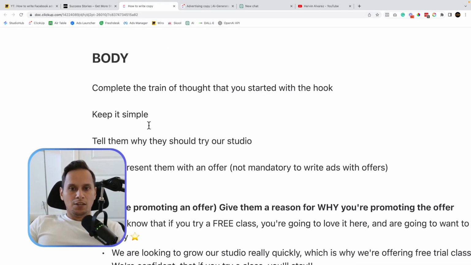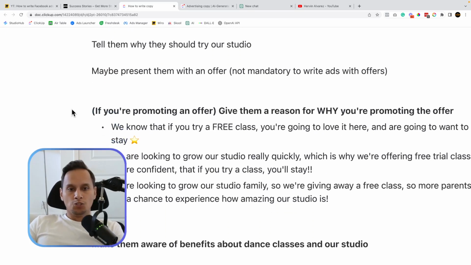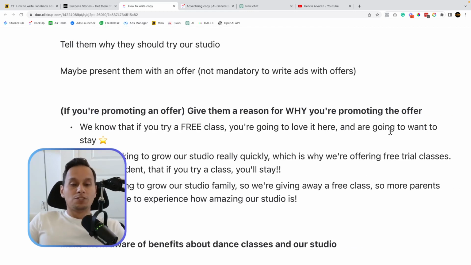And in the body, you want to complete the train of thought that you started with in the hook. So you want to keep it simple. Tell them why they should try your studio. Maybe present them with an offer, which is, again, not mandatory, but if you want to, you can. So if you're promoting an offer, give them a reason why you're promoting an offer. So for example, if you are doing a free trial class, in the body of the copy, you could say, for example, hey, Miami parents, come check out our free class at our